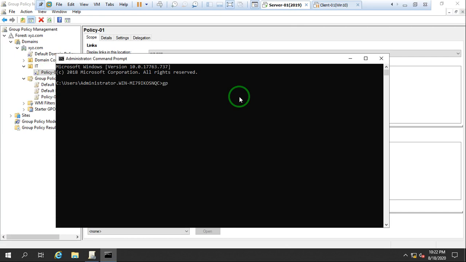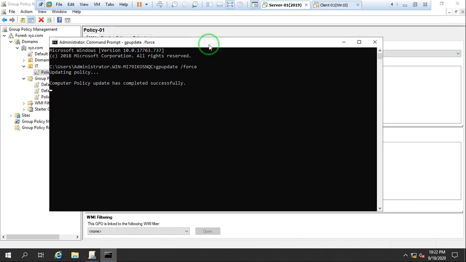So I run gpupdate /force and press Enter. You can see it's updating the policy. Computer policy update has completed successfully. It updates both the user policy and computer policy, and both are updated successfully. Click on exit.